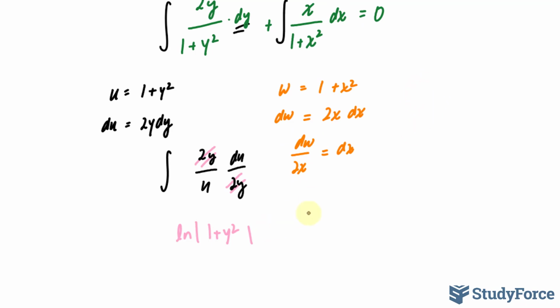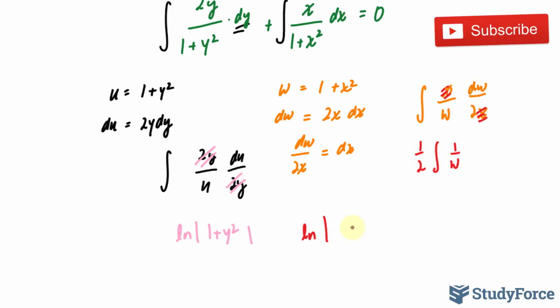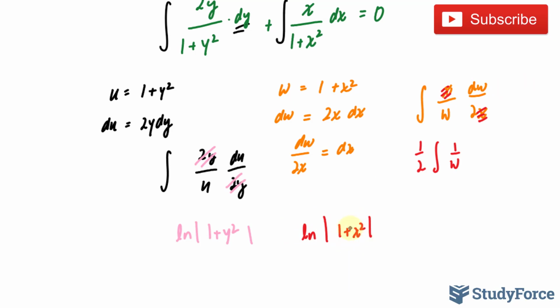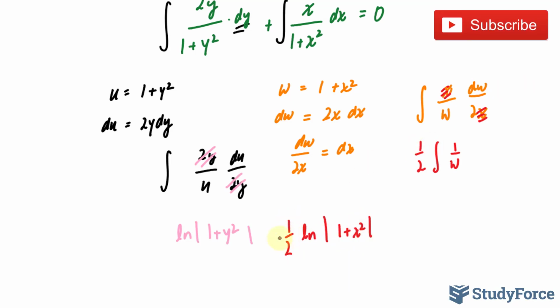So I'm going to replace this dx with this expression. And I'll show my work here, and then I'll end up providing the completed product over here. I have the integral of x over what I set w as, and dx has become dw over 2x, where this x cancels out with this. I'll pull out the half, 1 over w. I can take the integral easily of 1 over w. It's actually ln absolute of 1 plus x squared, and this half goes at the front, is equal to c,